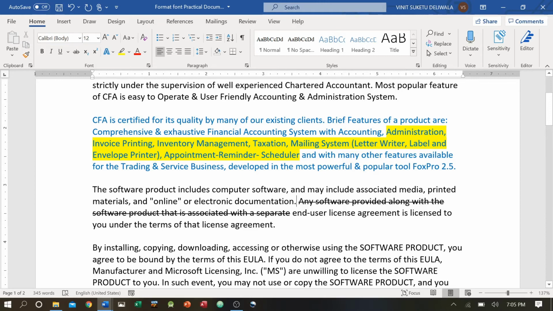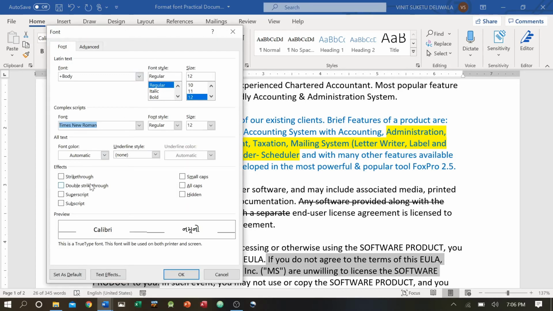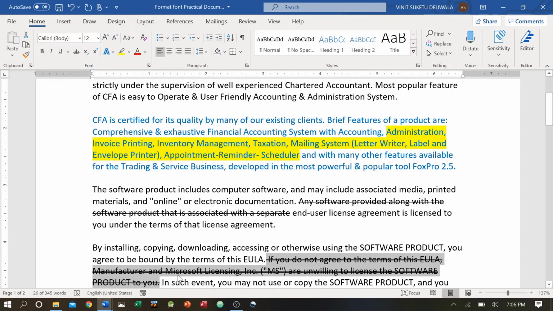He can also use another option. Say he selected another part of the document. And he may also go for double strike through, maybe recommending that I should cancel this sentence from here. So this is what strike through and double strike through are, used in the effects of format font, wherein we don't remove the actual information, we recommend changes to the information using these symbols and the effects in format font.